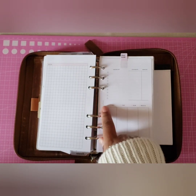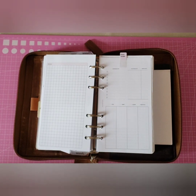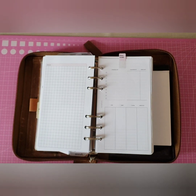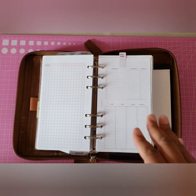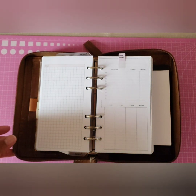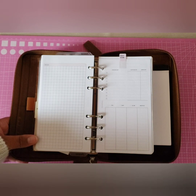So these are from Haru Plans. Again, I'm only naming things that I find relevant. I've said this before that I hate when people name every little thing, every little detail of their planner. That's fine if you do you, but I personally don't like doing that, and I hate when I see videos like that. And so instead of just leaving negative comments or being a negative Nancy, I just don't watch those kinds of